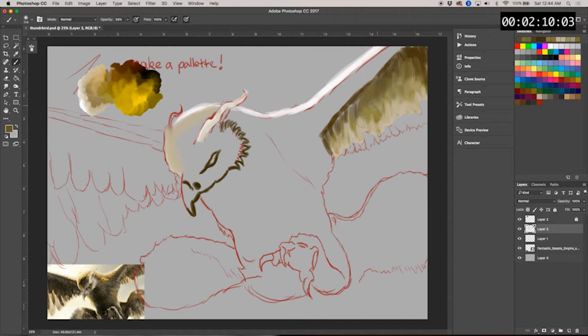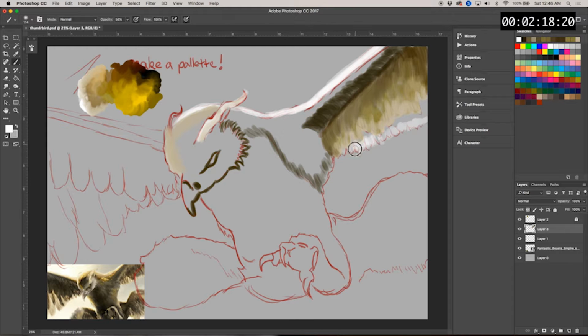So I'm using the colours that I got in the palette and what I've got on the image. So I'm just using a normal brush. I'm using an airbrush, which I usually use. I have it on a few settings like transfer and build up, which helps in the actual build up and